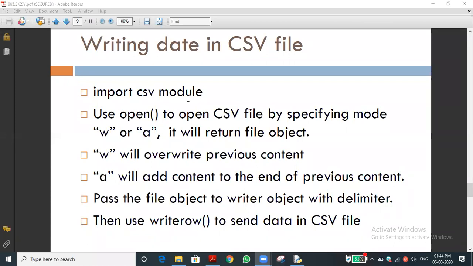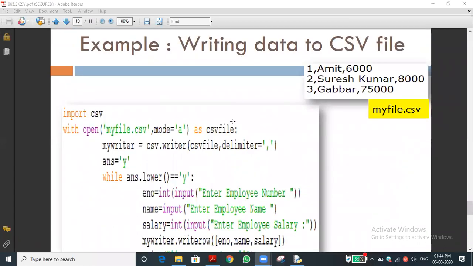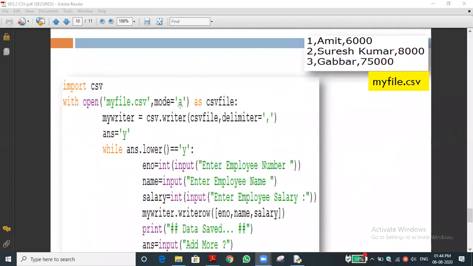You are already familiar with the write mode, where the previous content will be deleted. But if you are using the append mode, for example, with 2 rows, the previous content is continued, and the next record will be inserted in the third row, that is the next row. Likewise, we can use that, they are giving it in the slide. Have you understood? And we have also seen how to open in append mode.